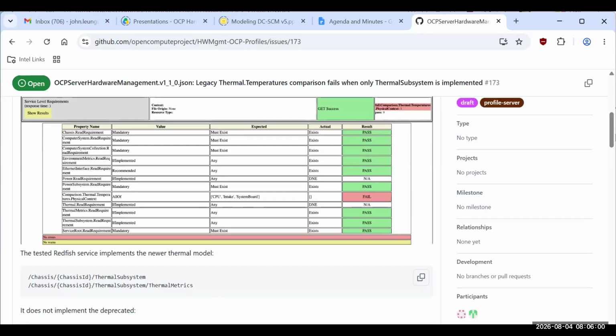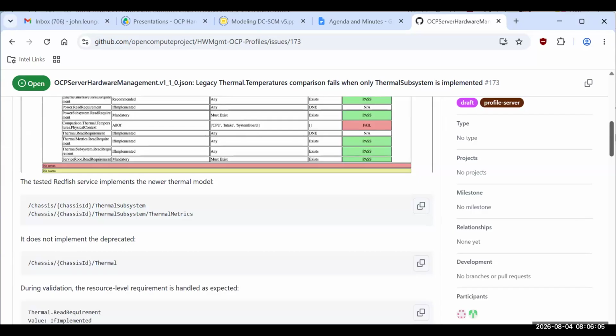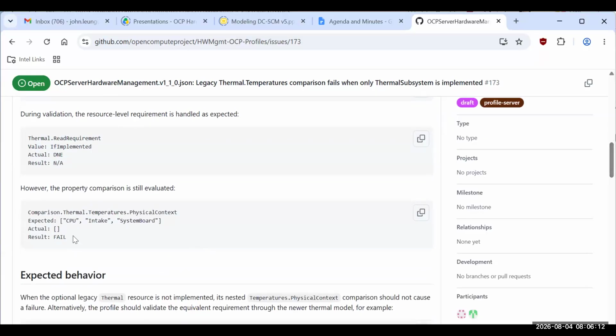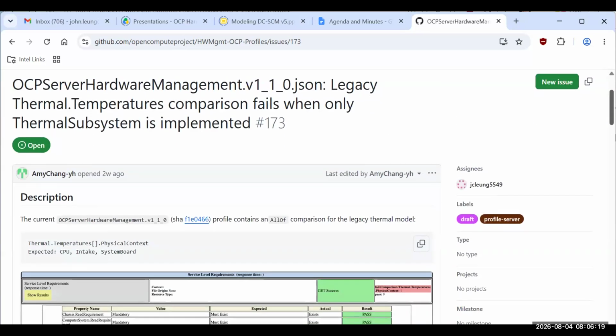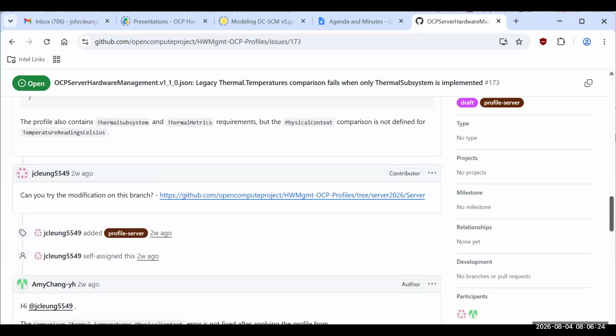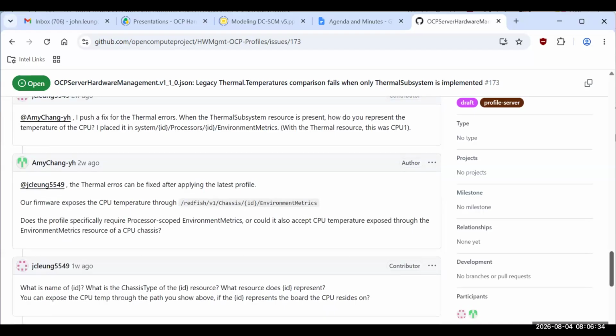That's what the issue is, that we still have it under power and under thermal. And so if you want to move it, that comparison would fail. Basically, I fixed the first two with a change to